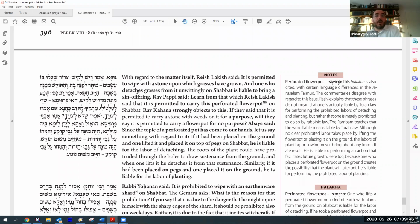Okay, the Gemara itself. Now you just mentioned this law about Resh Lakish, which was important. Resh Lakish said, a rock that has grass on it, one is allowed to clean with it, and if one removes grass from it on Shabbat, he is liable for a sin offering. If you find a rock with some grass on it, you're allowed to use it, because it's not your goal. Only if you purposely remove the grass, then he is liable. Rav Papi said. This is not Rav Papa, although he was a colleague and lived at the same time as Rav Papa. Papi says, we can learn from Resh Lakish,